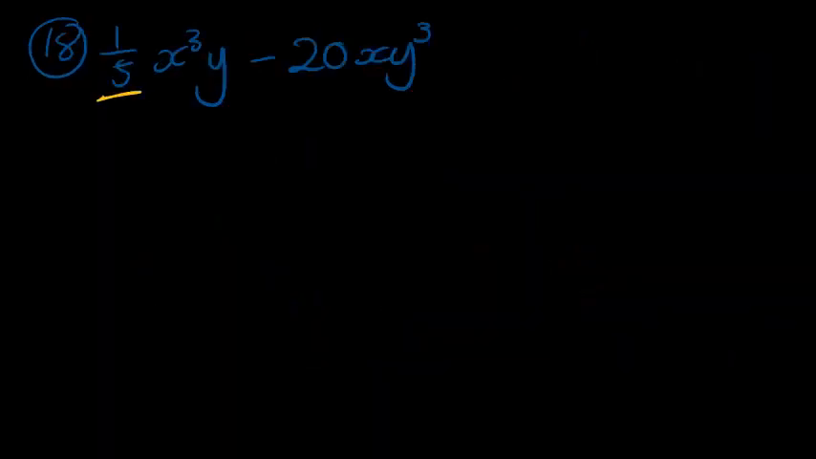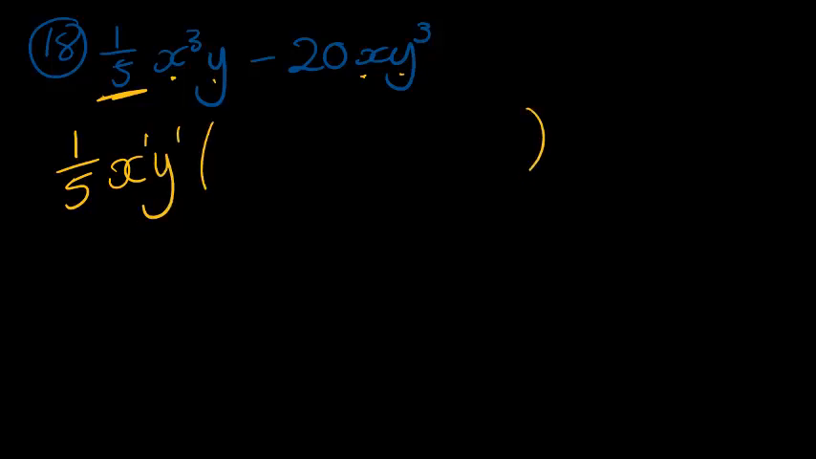Question 18, we want to take out 1 over 5. So 1 over 5 is what we're going to take out. I notice that I have x to the power of 3 and x to the power of 1, so I can take out x to the power of 1. Y to the power of 1, y to the power of 3, I can take out y to the power of 1. So what I'm left with is going to be x squared